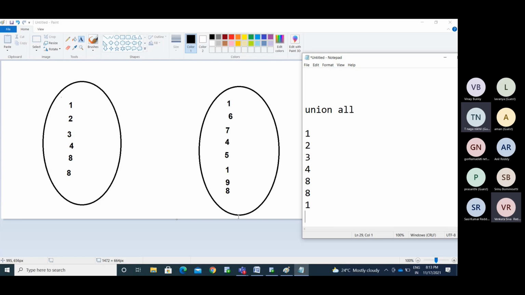Okay, it won't sort any data. It simply appends result 1 with result 2. This is result 1, set 1. This is result 2. So if I use the union all, I will get result 1 plus result 2.